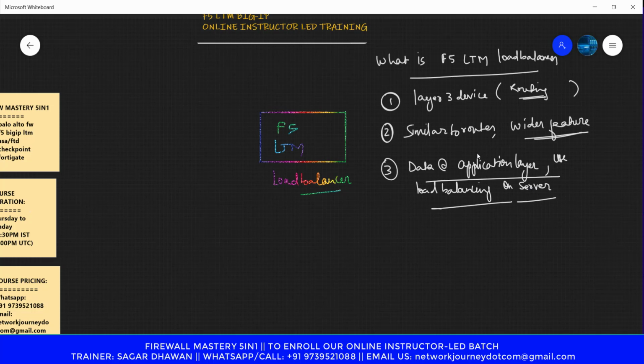Now we are dealing with all this HTTP and HTTPS traffic, which are layer 7 OSI protocols. That's why we say that load balancer can analyze the data at the application layer, and it uses its load balancing feature to serve the traffic.